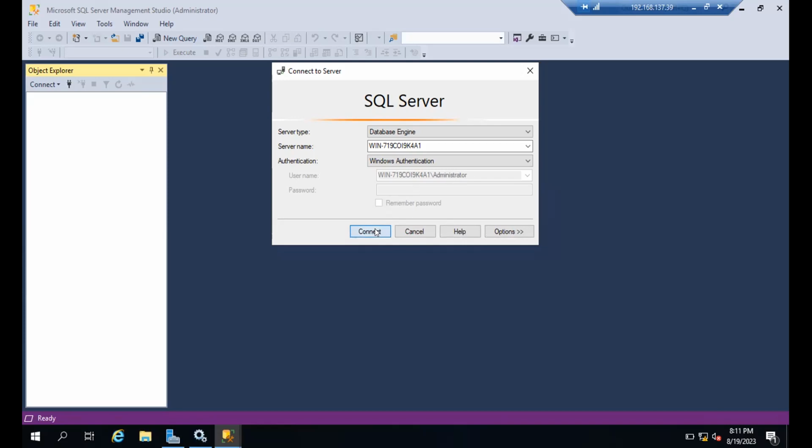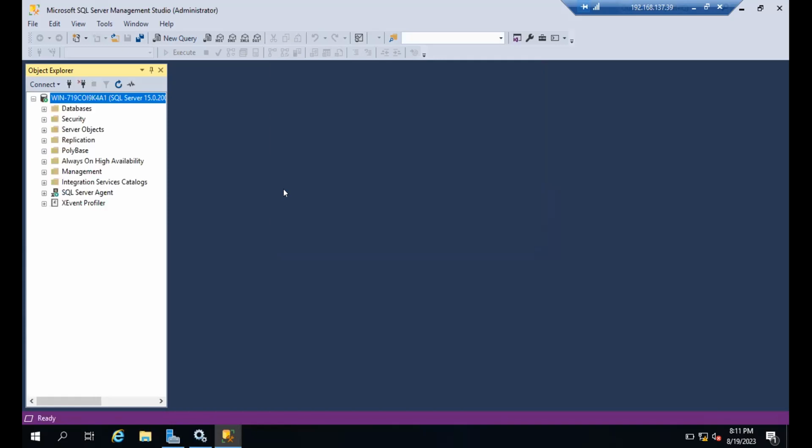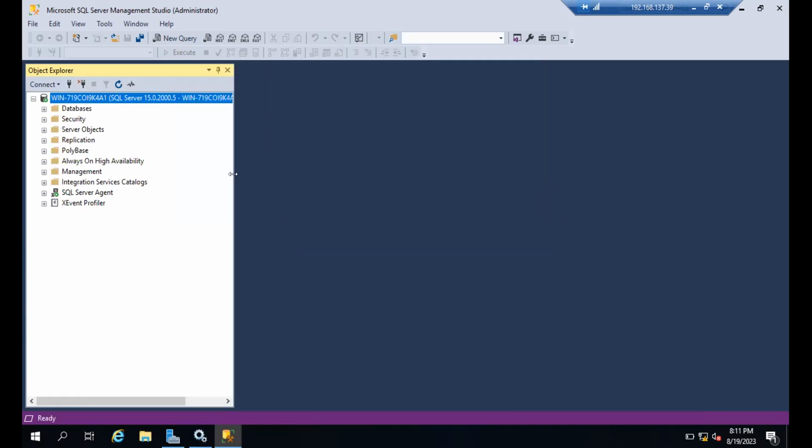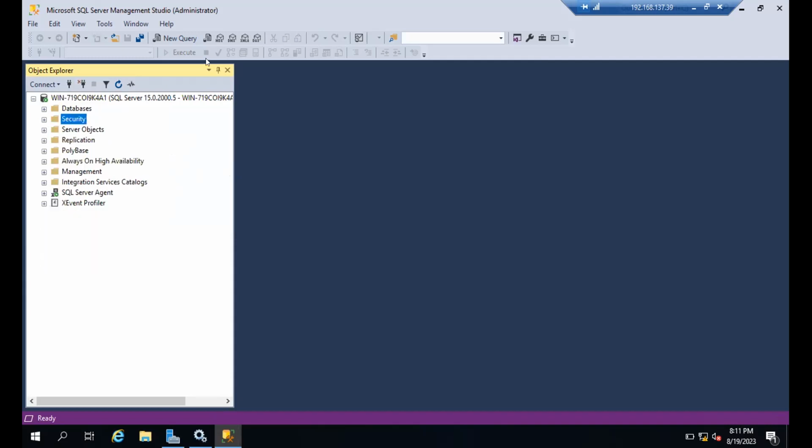So then only I can connect to the SQL Server. Otherwise, no one can connect to the SQL Server if they are not added during the installation. Even though you are a company CEO, if your account is not present in this list, in the logins list, you cannot connect to the SQL Server, guys. These things will be discussed and covered in the security session again, so nothing to worry. So this is how we can connect to the instance. This is called the Management Studio